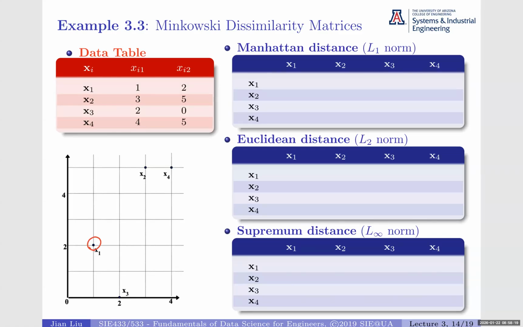So first, let's look at the Manhattan distance of these 4 data objects, right? We have a 4 by 4 distance matrix. N by N, N is 4 and P is 2, right? This is our data object. So for distance matrix or dissimilarity matrix, we have N by N, that is a 4 by 4. Fortunately, all the diagonal elements are 0, right? Because the distance from me to myself is 0. Then let's look at